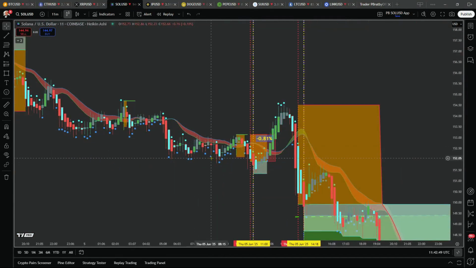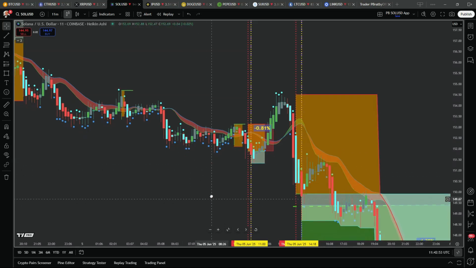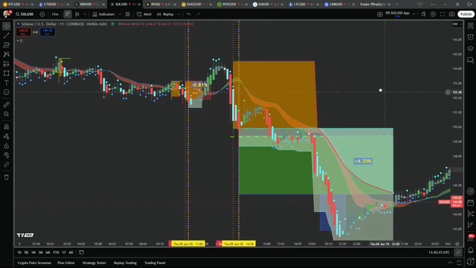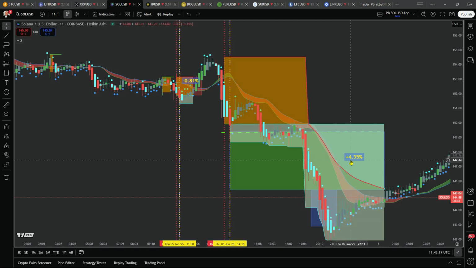And this was a loss, minus 0.81%. Again, we're still in profit for the month. You've got to understand that a Confluence strategy or an algorithm will not have a 100% win rate. Otherwise, I'd be a billionaire right now. It's not the case. Okay, so you will get losers, but we need to mitigate those losers, and we need to set up those combination of time frames to ensure we're getting the runners, the big ones like this 4.35%